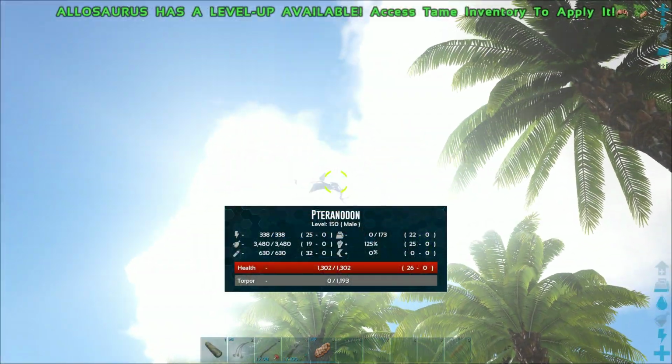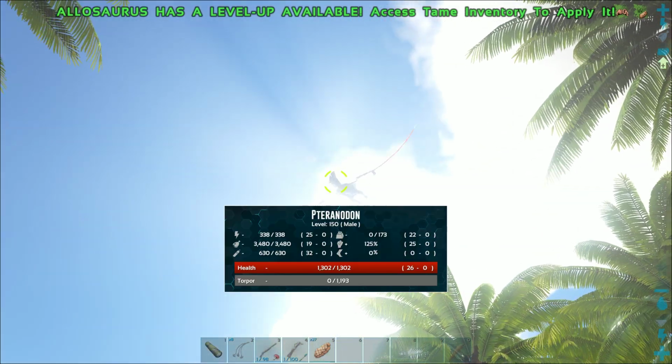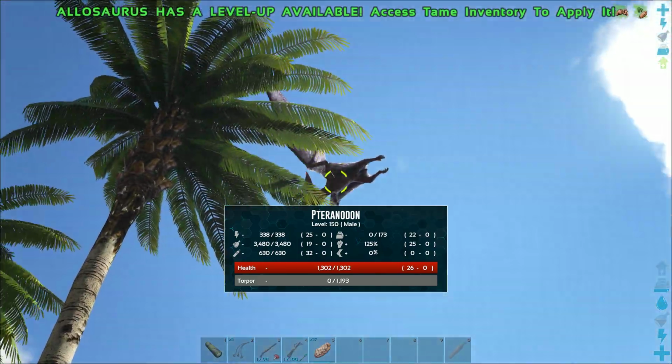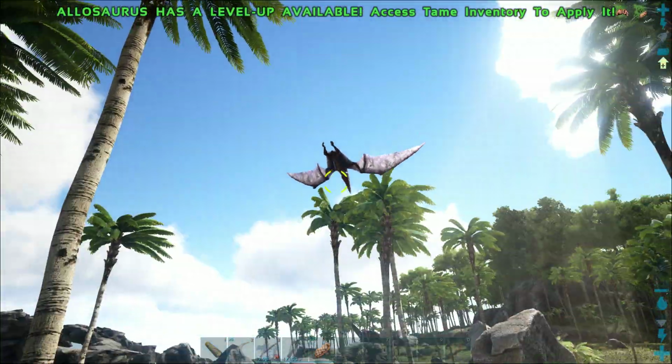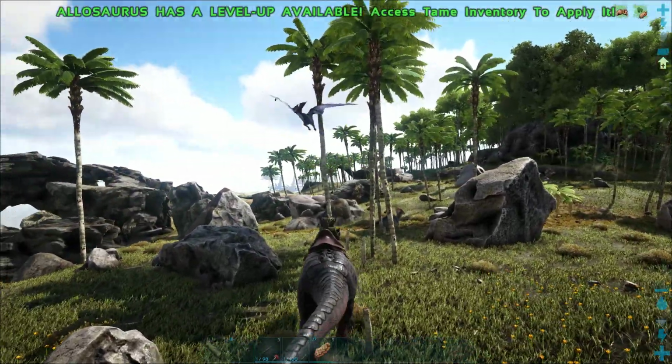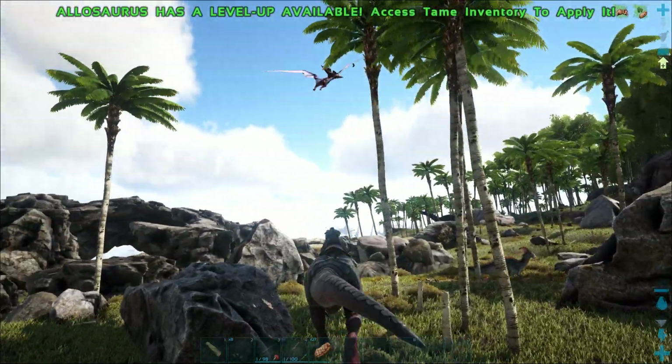So if you see a 150 Pteranodon like I have right here, it's up in the air. What do you do with it? Well, you just wait it out. Keep your eye on it. Wait for it to land. It will land eventually. Also, keep your eye out on the land, or on the ground I meant to say,